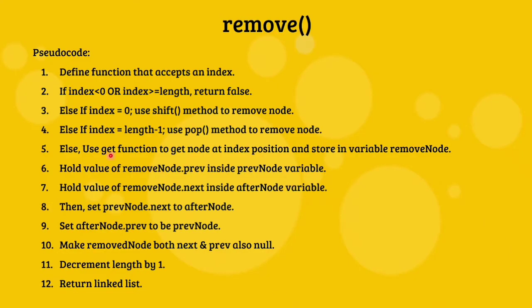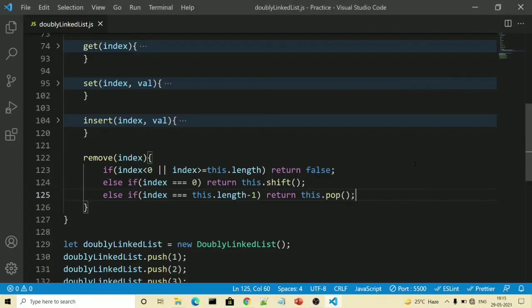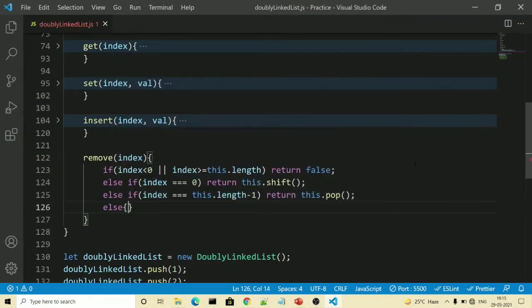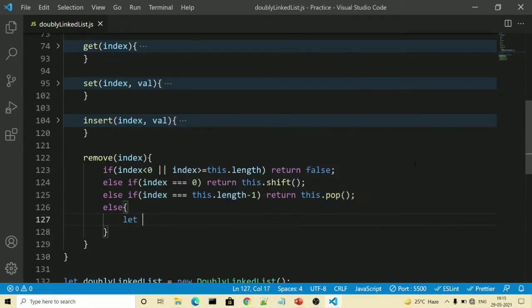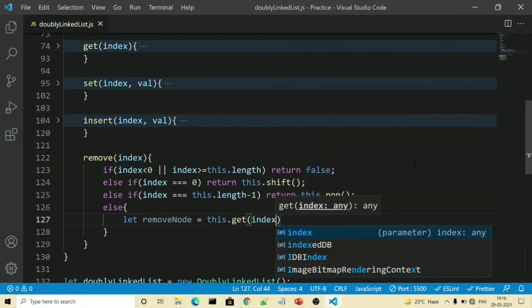Then it is saying in the else part, use get function to get node at the index position and store in a variable called remove node. So in the else part, we will take one variable, let remove node is equal to this dot get, and there we will pass index.